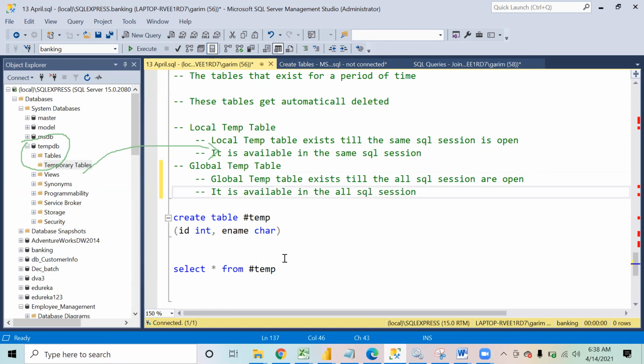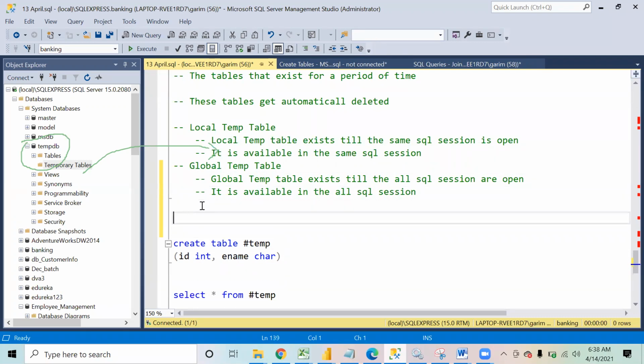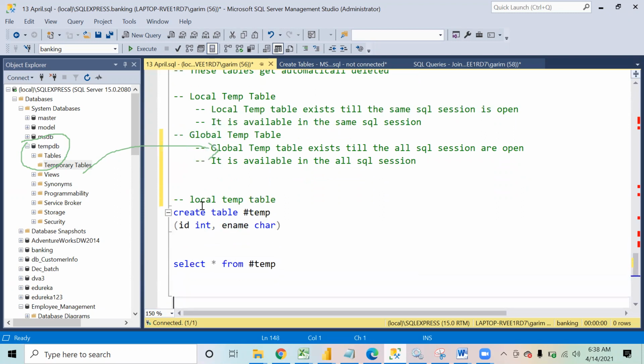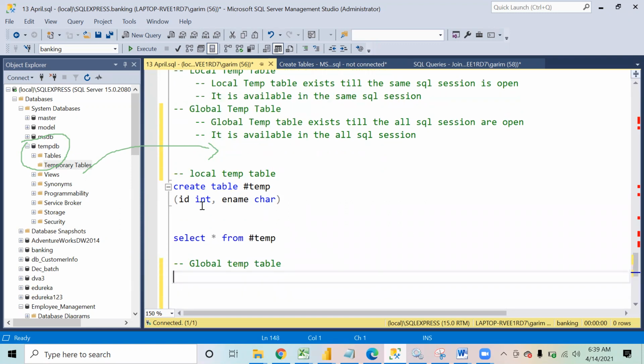Now, what do I mean by this? Now, this over here, what we did was, this was a local temp table. Now, what I'm going to do over here is create a global temp table. And how do we create a global temp table?